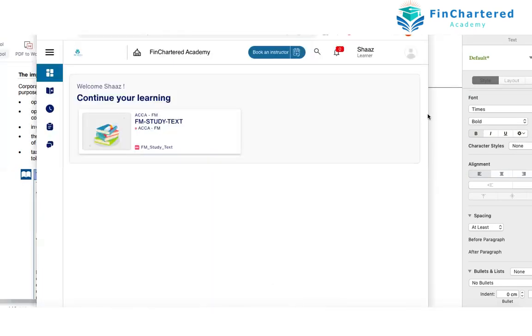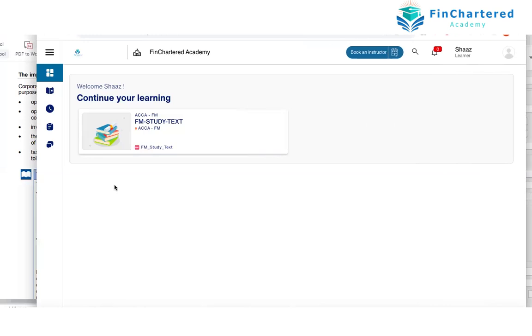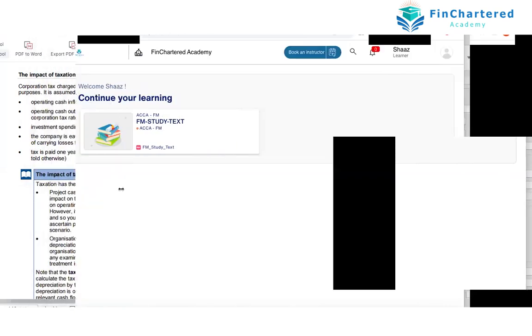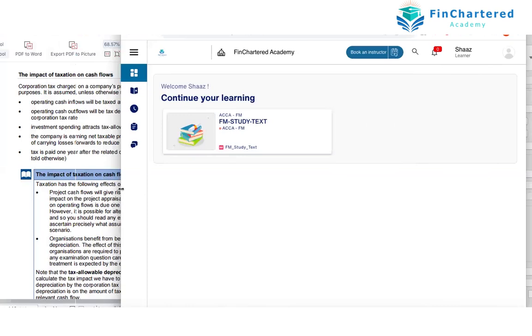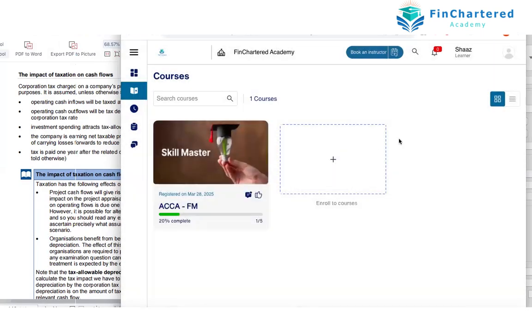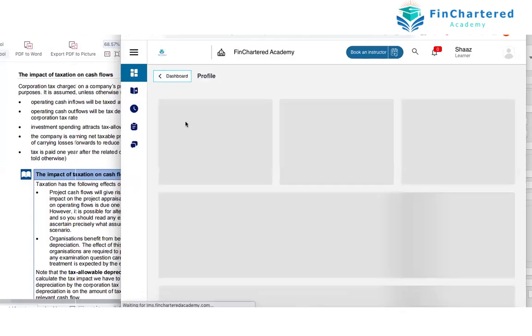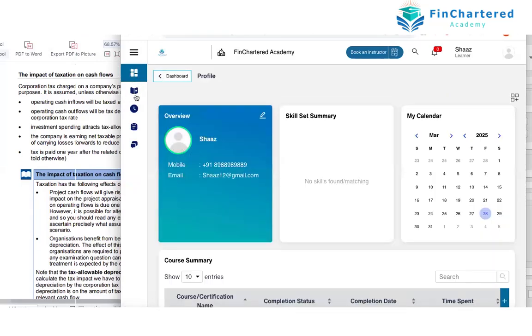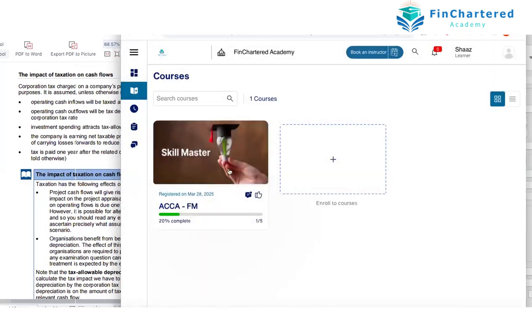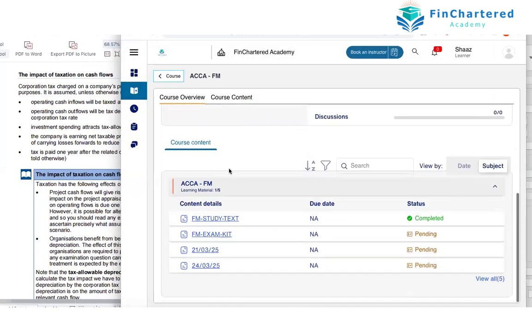Okay, guys. So this is how, when you log into the LMS, this is how the LMS is going to look. Okay. And what you will do is you will click on this. This is basically your dashboard. And you will click on this. Right. Once you click on this, I mean, you've enrolled for the FM paper. So you will click on FM and you scroll down, and over there you will find the recordings, right?